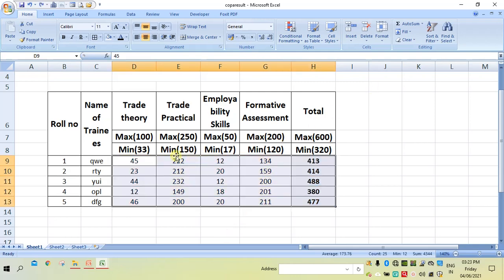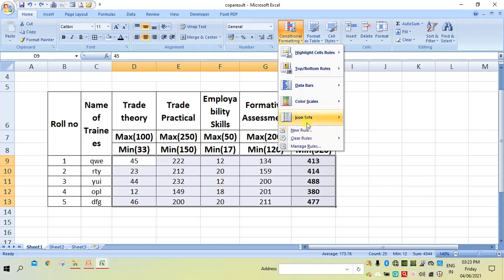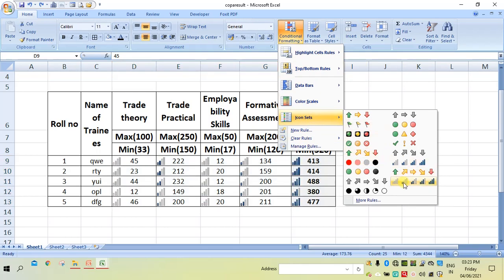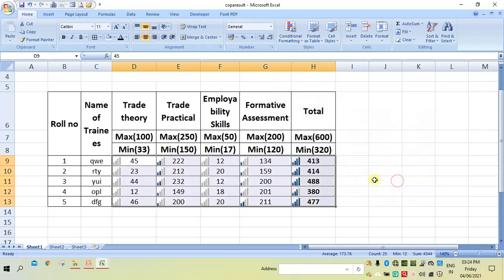You can even show icons with the values. For example, here we have icons like this. So here it is showing the range. If the value is less or more, all those can be shown by signal symbols. For example, if I make it 100, then the value will be ranging here.